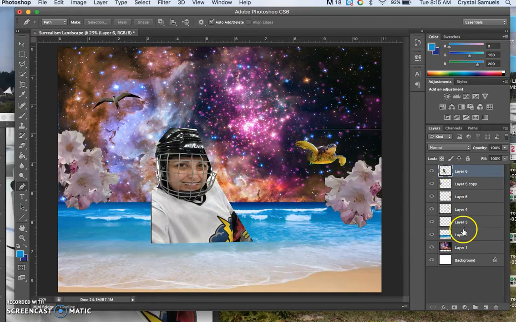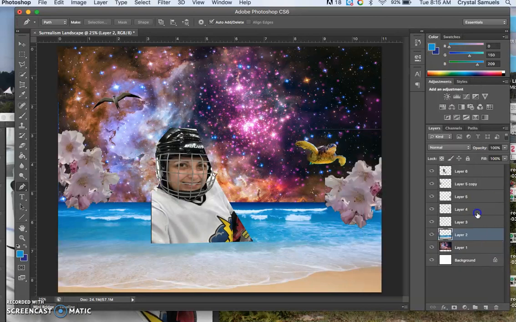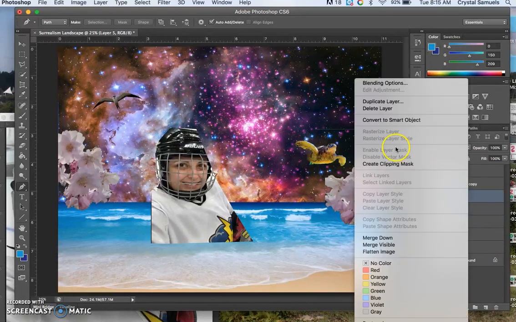Now, if any of your layers are saying that you need to do something else to them, if you hold down Control on here and then you click Rasterize Layer right here, that should allow you to edit that. Luckily, all of my images I was able